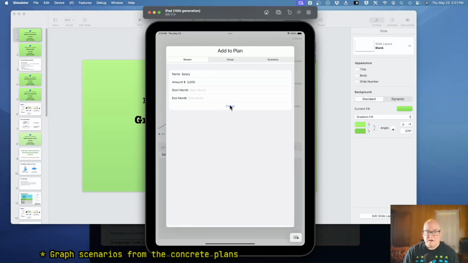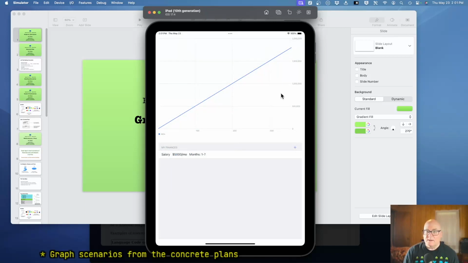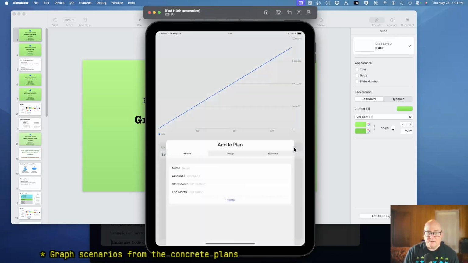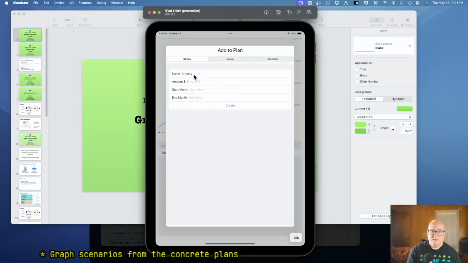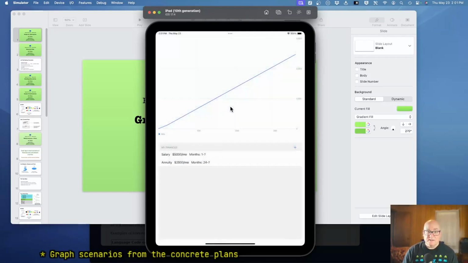$5,000 starting forever. Okay, and we'll add another. Let's give ourselves an annuity for $2,000 starting in month 24. We should see a bend in the curve. Yeah, slight, but there it is. Now, something seems,